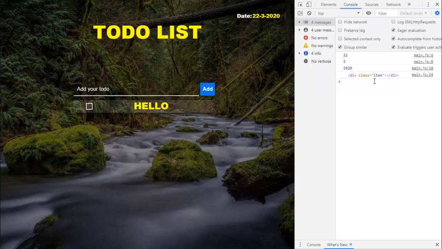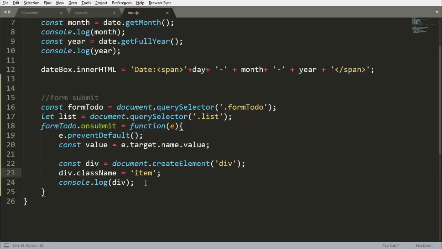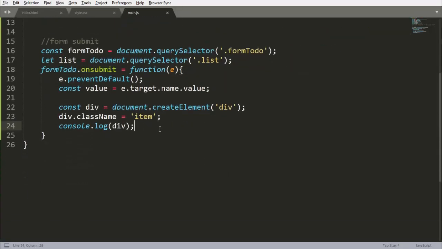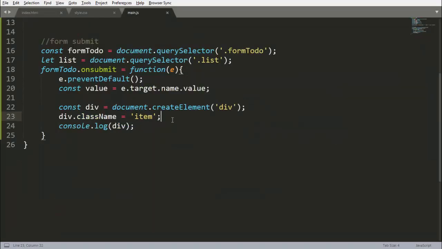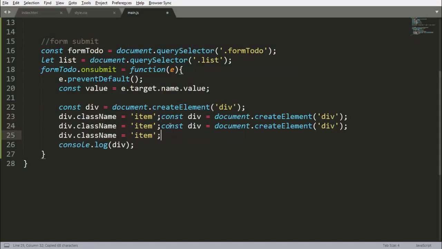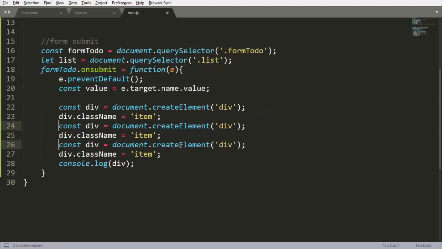on the div also. Now we want, under this division, an input tag and a p tag. So let's create two tags here. I will copy this and paste it again. Now we want input here, and this also will be input, and this will be p here.